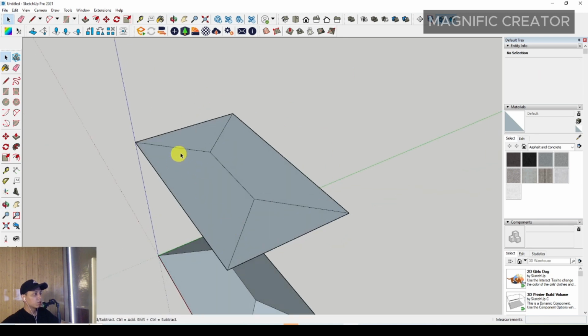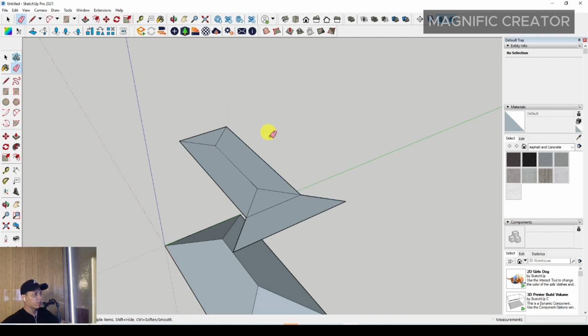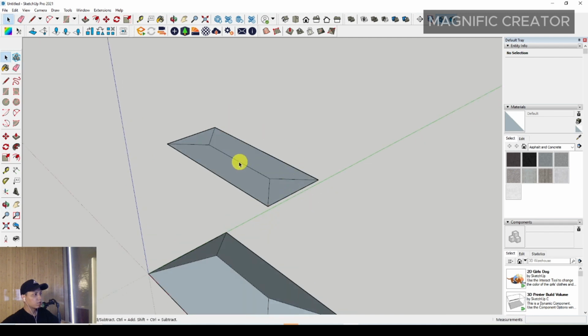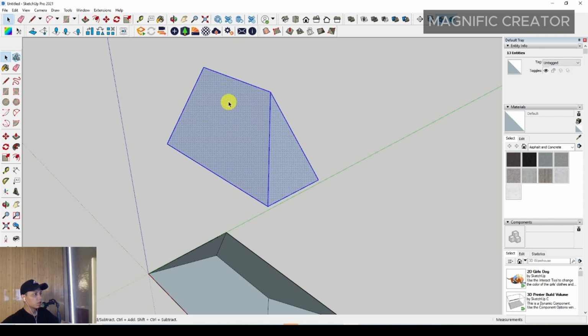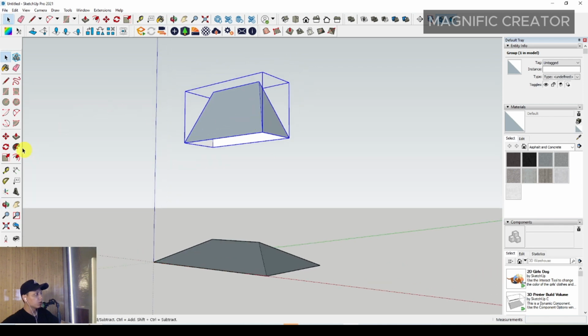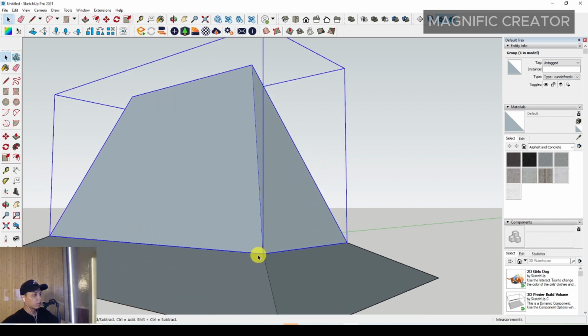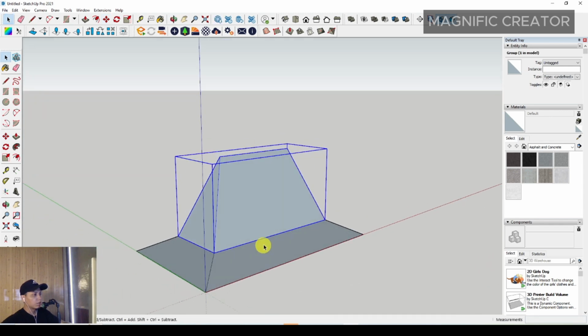I'm sorry, you have to make a line for this roof. First, in this middle line of the roof, you can make the line, and then you have to erase the unnecessary line right here, and then you have to select this line and just press move, and just select this and just move this line to the upper position with a different angle anyway. So you can move it to the bottom until it is connected with the bottom roof, and then